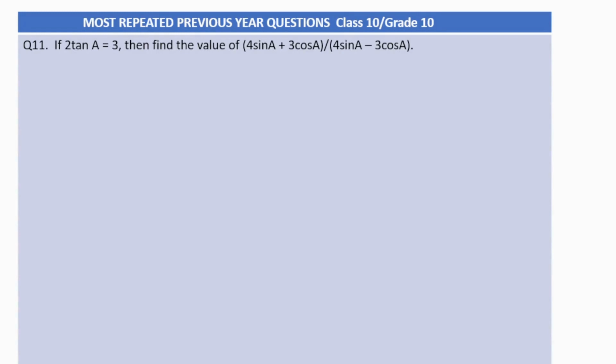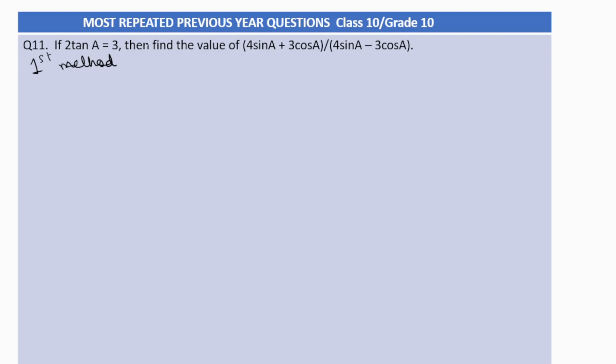Now let's start with this question, which is from trigonometry. If 2 tan A is equal to 3, then find the value of 4 sin A plus 3 cos A by 4 sin A minus 3 cos A. Now this question can be solved by two methods. First method, we can